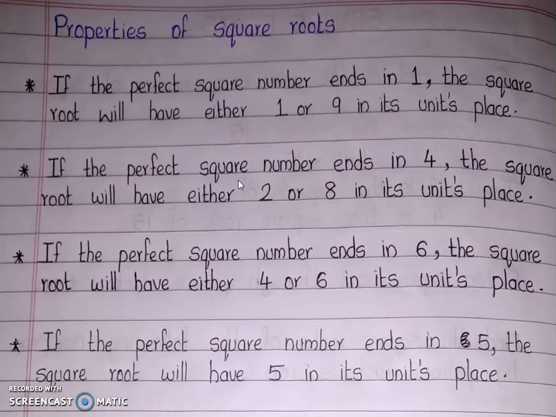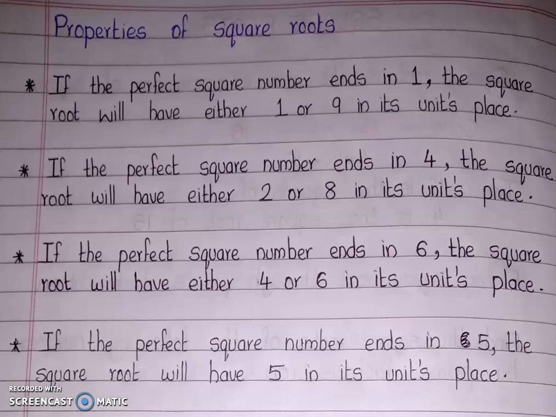Can you tell me why? While you studied properties of square numbers, you learned that if the number ends in 2, its square number will end in 4. Same thing you have memorized, I think, right? If the number ends with 4, the square number ends in 6. Isn't it? You learned it in this way. The same thing in the reverse order you are learning in properties of square roots. Just go through it, and you have an exercise.